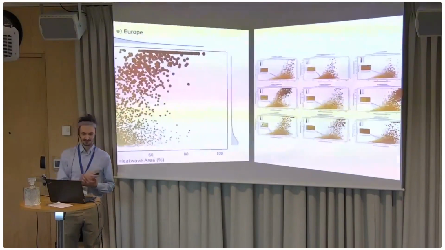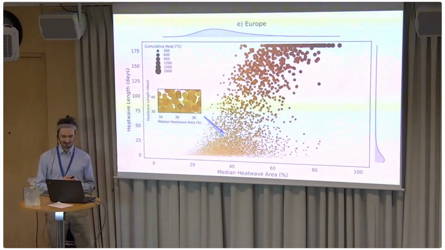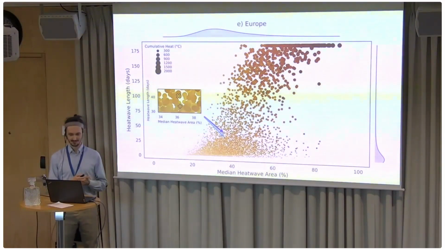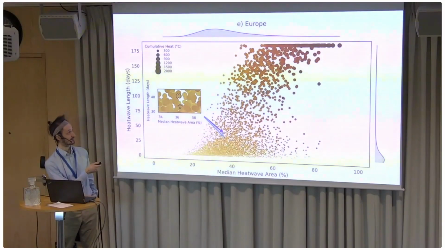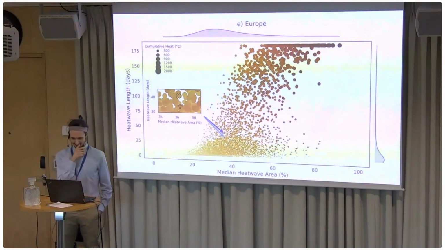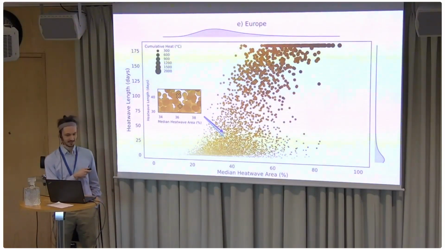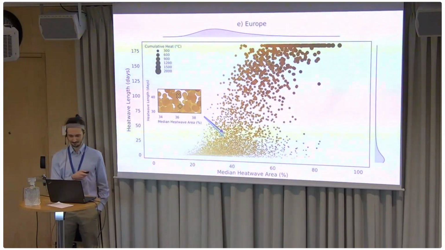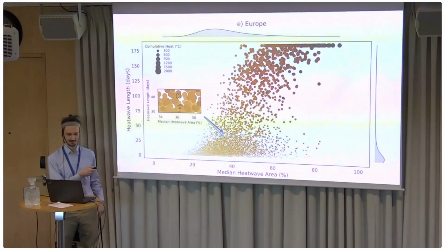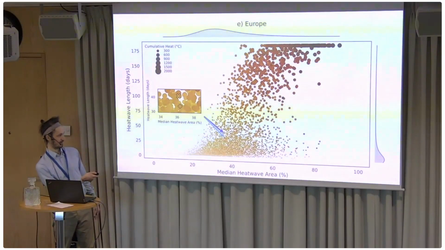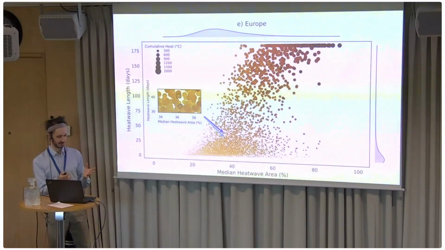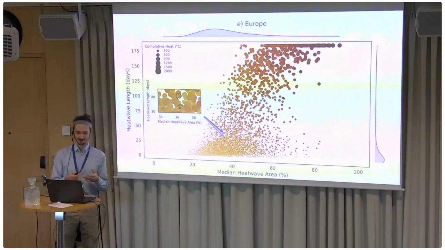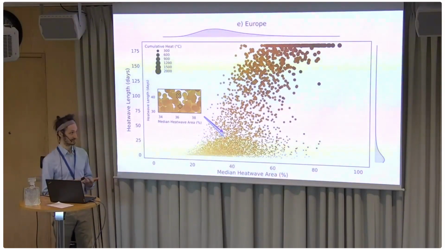When we again take a closer look at Europe, it shows a significant increase in the number and proportion of heat waves approaching our 6 months limit. And even in the case of the median affected area, we can see heat waves reaching values of above 80 or even close to 90% of the entire continent. So in other words, in those cases, the heat wave will, on average, nearly affect the entire continent.